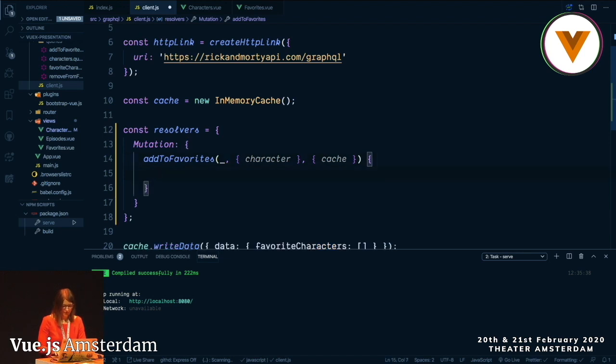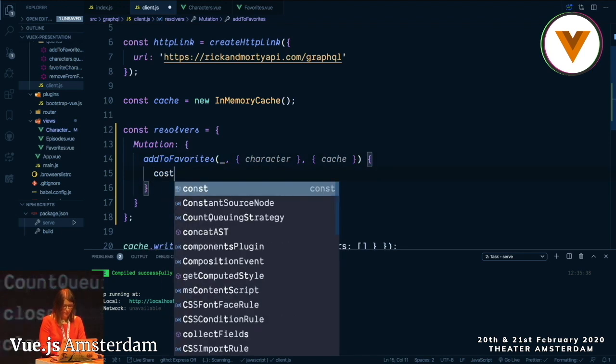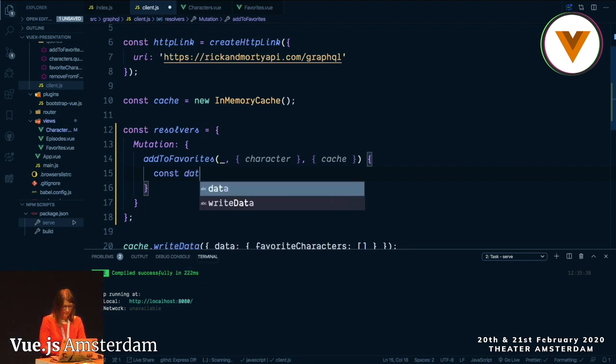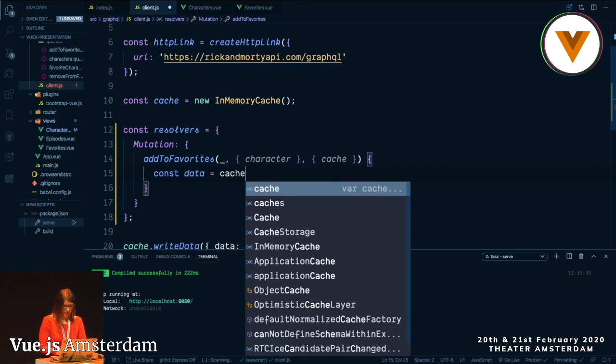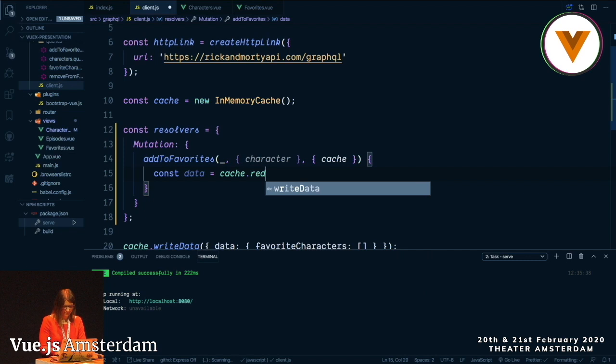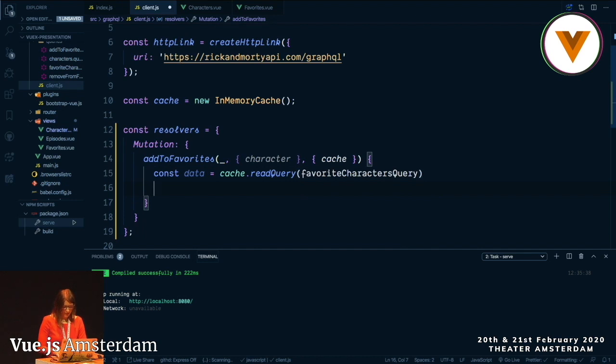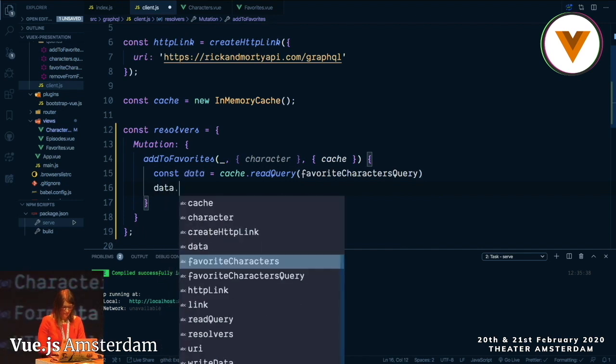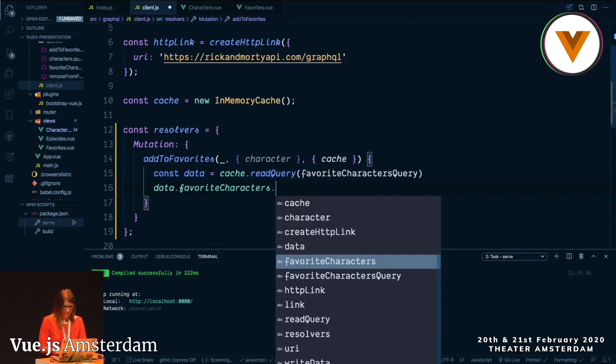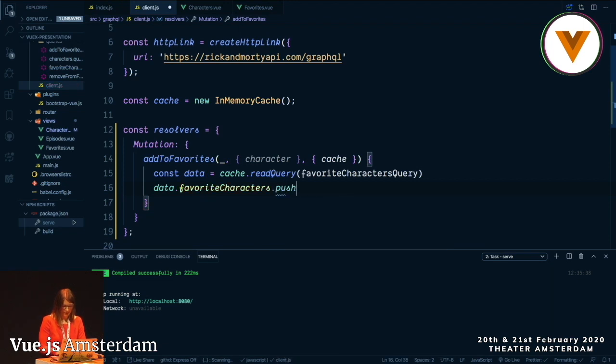And as I already said, first step, we are reading the cache. Is cache, read query. Second one, we actually change the data. We add in a new character here.